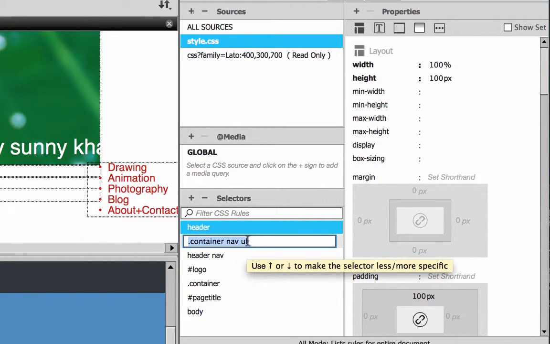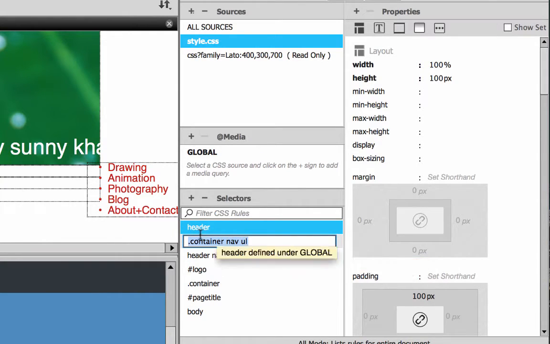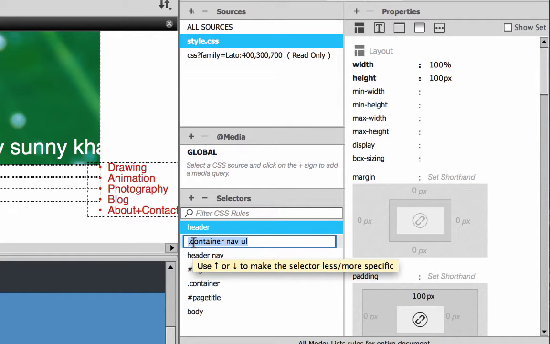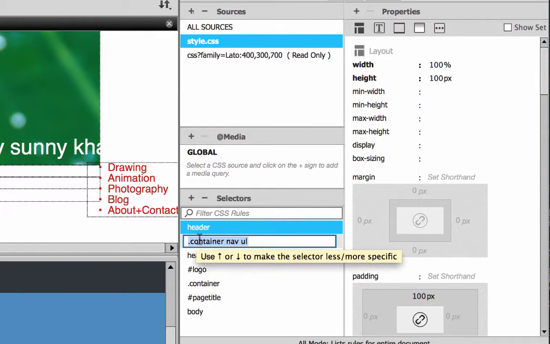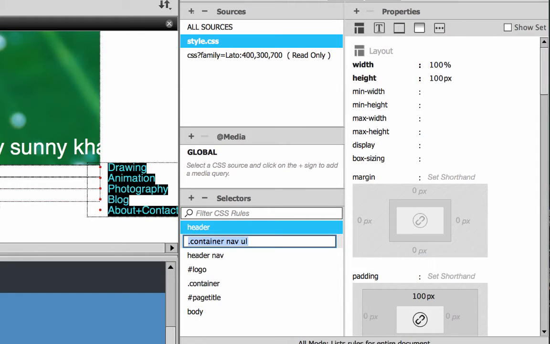This means an unordered list inside a nav or menu inside my container. This selector won't work for me because I have containers in my header, in my section, and in my footer, but I want my menus in each section to look different. I don't want my header menu to look the same as my footer menu. So, .container is not helping me.